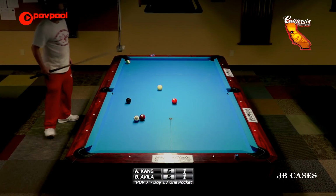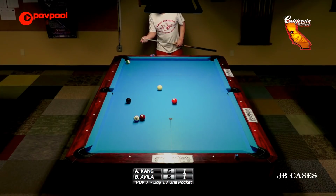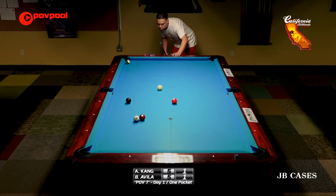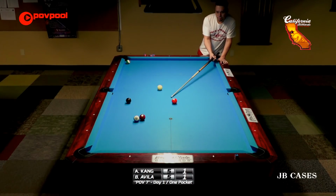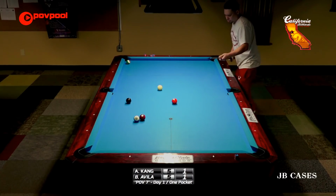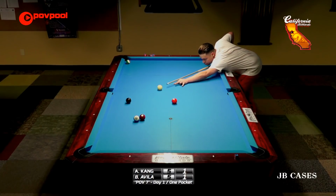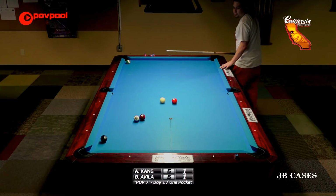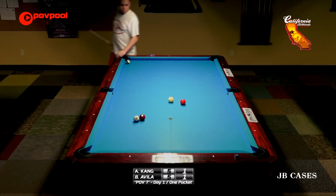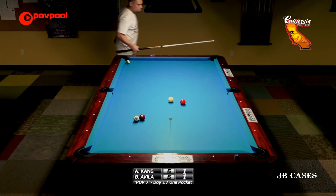He's looking at it. I'm not sure what he's thinking about here. Just make the ball. Well, first, yes. Maybe he's going to bump the 3. I'm not sure what he's doing here. I think you stay away from that and concentrate on making the ball. Yeah. Well, he got something out of the 3 bump. Yeah, you're right. That's what I saw he was looking at. And just bank this ball in here and...